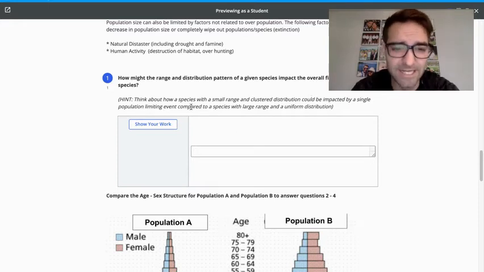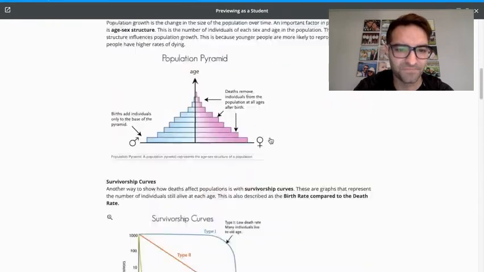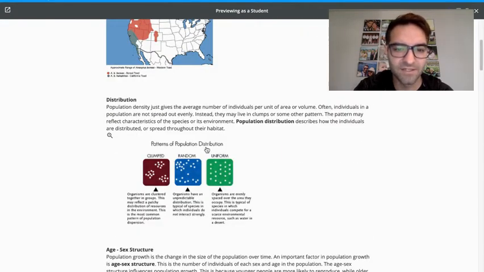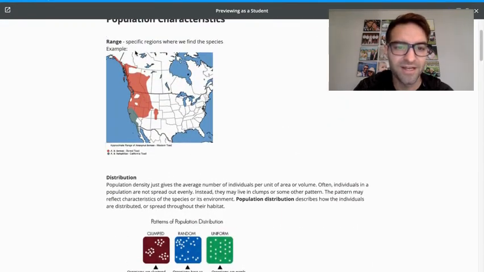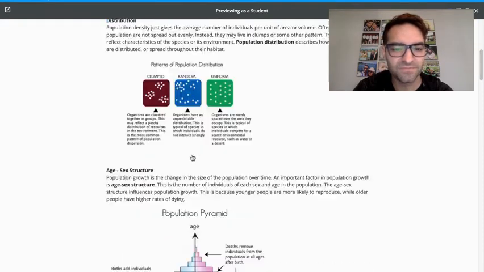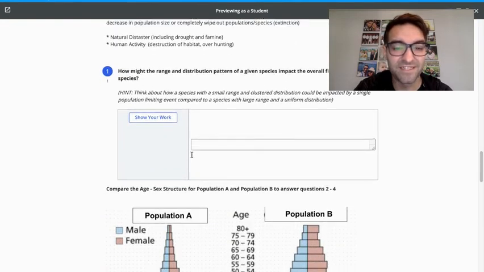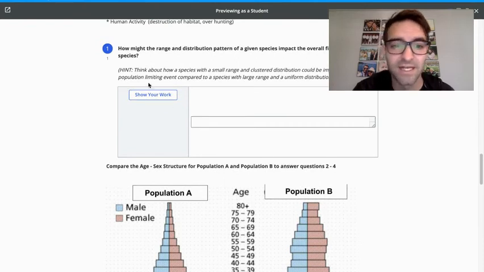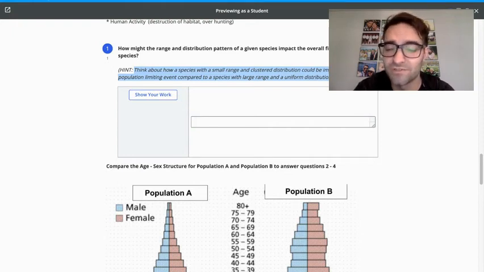fitness of a species? Again, what I'm talking about, when you're looking at the population distribution and the range, how might that impact the fitness, the likelihood of survival? I kind of put a hint in here for you. If you think of a species with a very small range, so let's say, if you've heard of the Galapagos Islands,